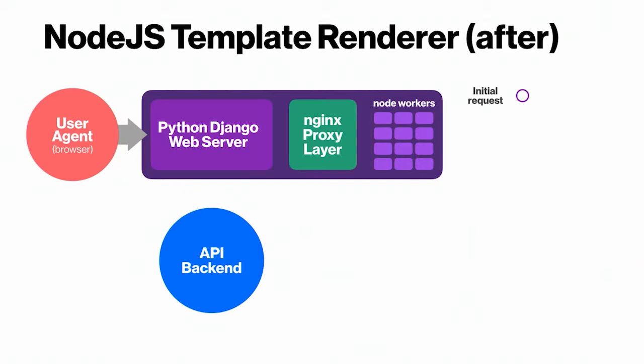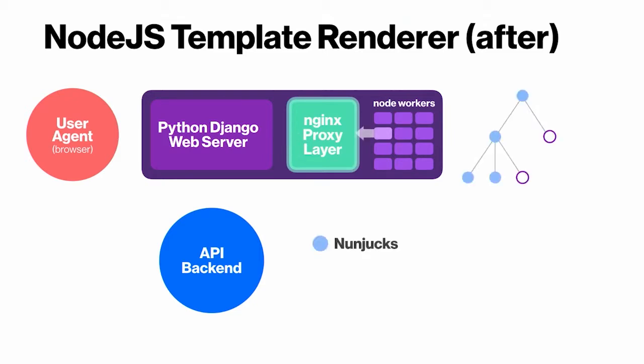Then we retrieve the initial data from the API, and here is where it becomes different. Now, instead of the Jinja renderer, we send a request to Node.js workers, and they render our template tree as far as they can go until additional data is needed from the API. At this point, we send back the partially rendered tree to the Python Django web server,